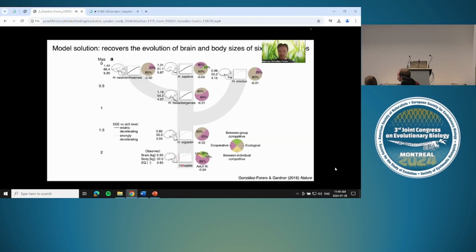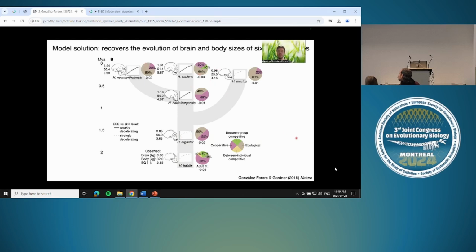Using the parameter values indicated here, the model recovers the evolution of adult brain and body sizes of Homo habilis, which have relatively small brain sizes. If you change the parameter values involved in this pie chart and curve, you can recover the evolution of the brain and body sizes of all these different hominin species,